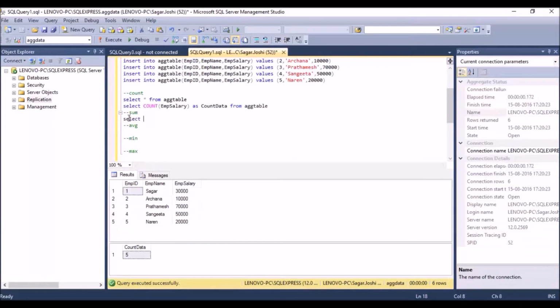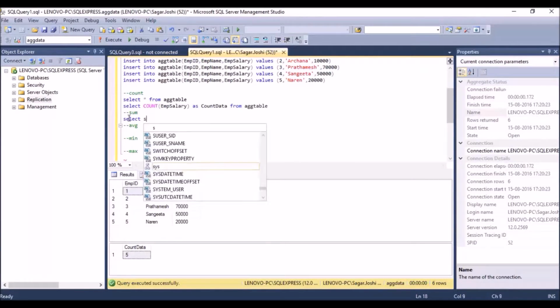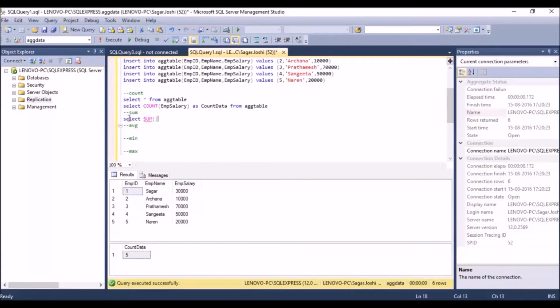So select sum, bracket the column name, as sum data. We have just specified the name of the column for the output, from table name.